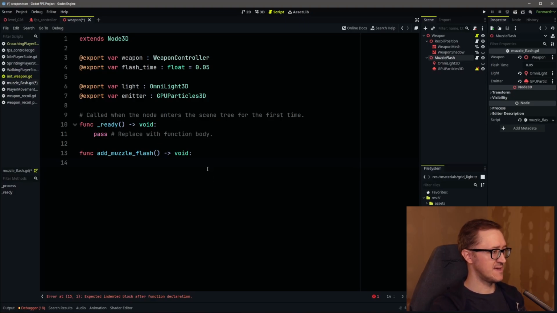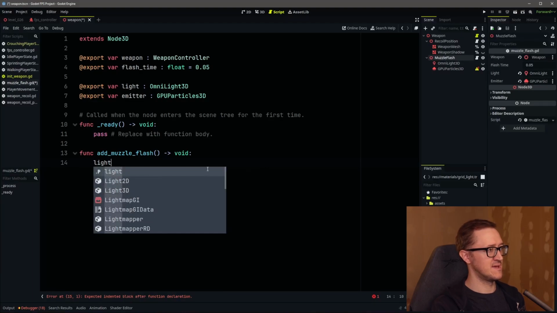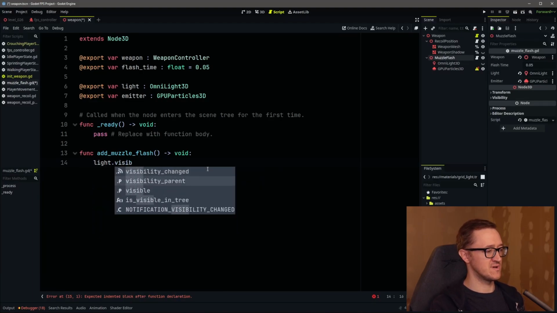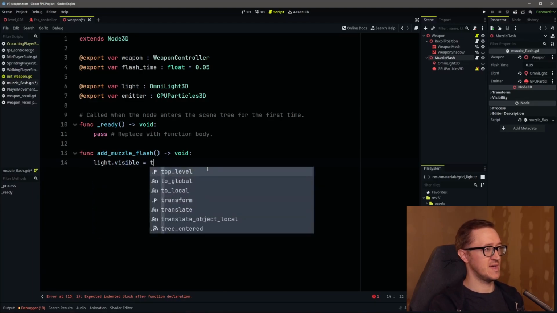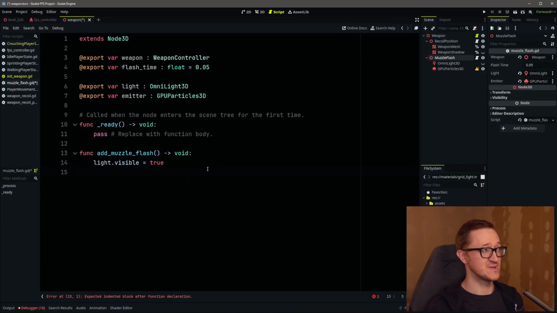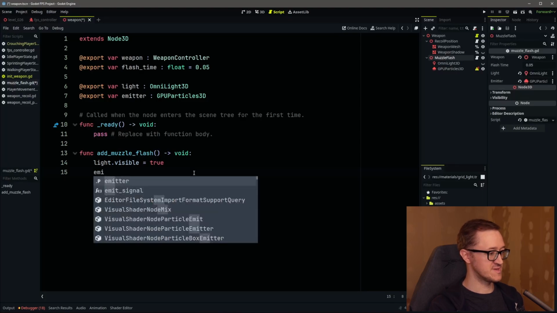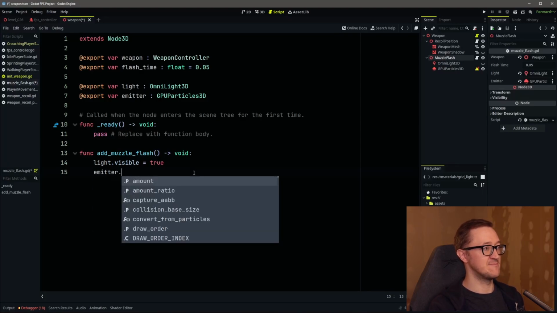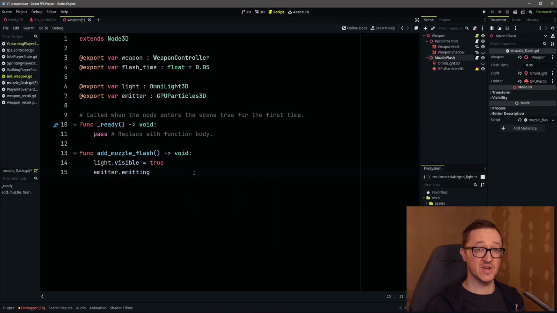So we'll add a reference to our lights. We'll set the visible of our lights to true. And again, why is it important to do your types? Because when you have your types chosen in your variables, you get the autocomplete, and it's a lot easier to work through. So we have our lights set to true. Then we need to get our emitter reference, and we need to set emitting because it's going to be a one shot, and we'll talk about that in a second. We'll set emitting to true,